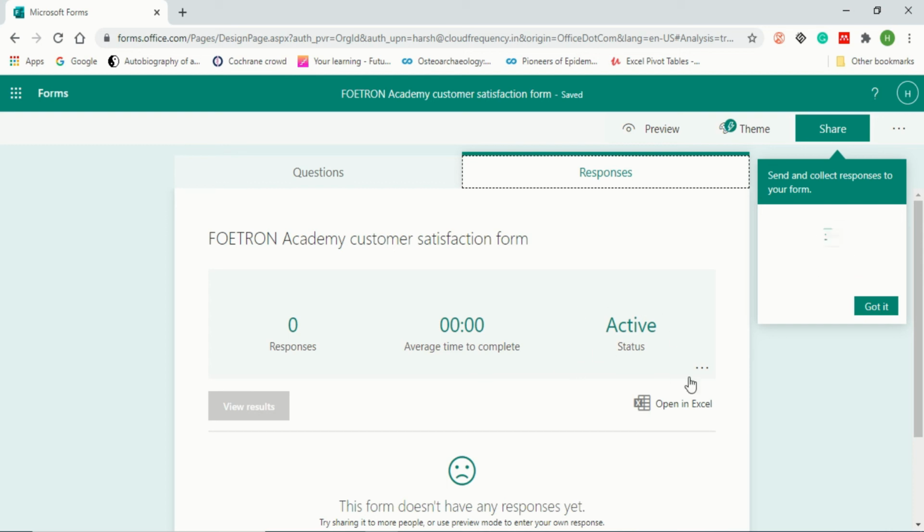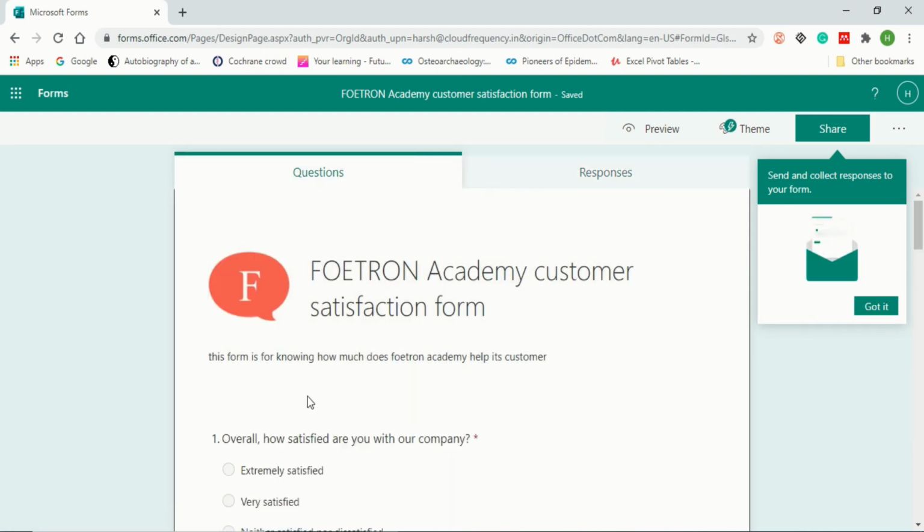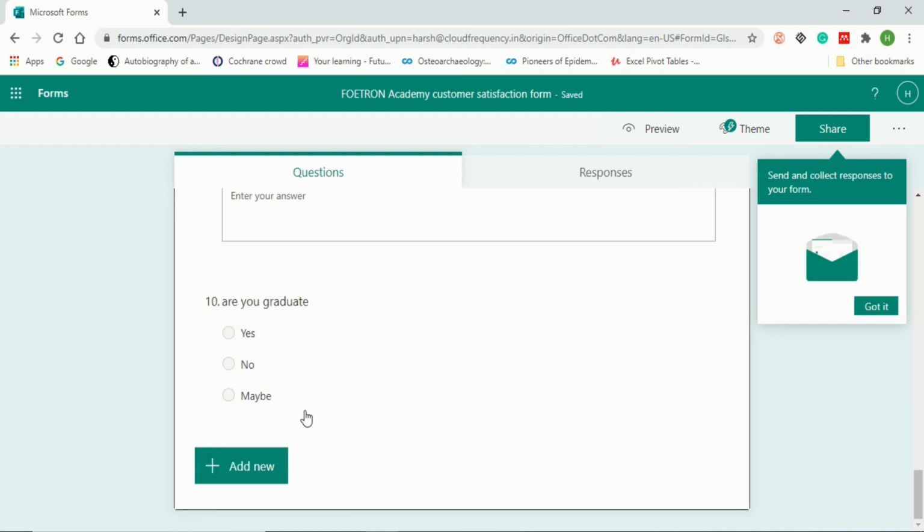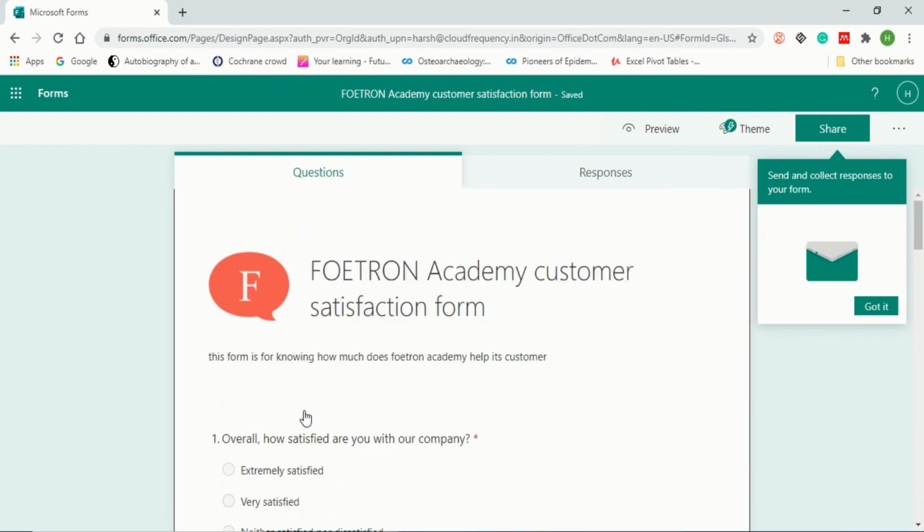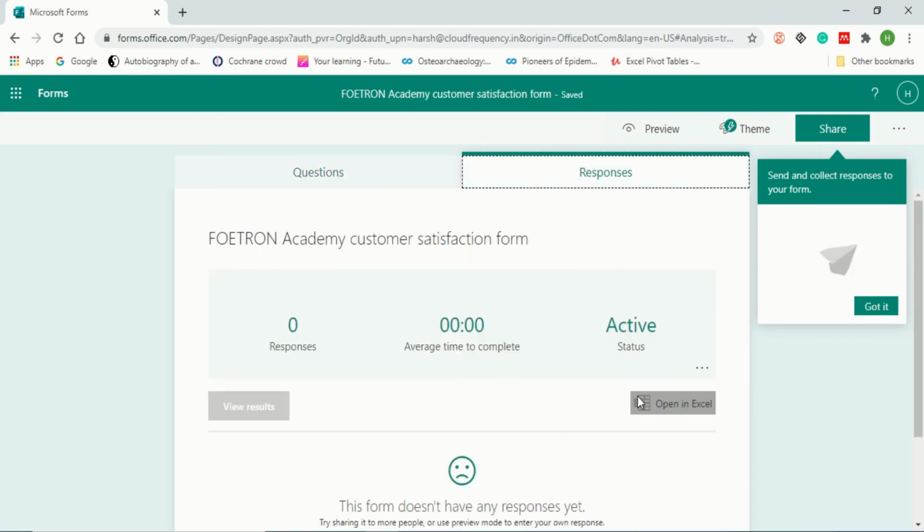Now you will see the status is active. If I click here, you will see delete all responses, print summary, or create a summary link. So you can do that, or you can click on open in Excel. So this is an option that gives you whatever the person has filled. Like this is the 9 point question, 9 point form. So if the person filled 9 points, that will be converted into an Excel, and the answer will be already submitted into Excel. You do not have to create an Excel. Everything is done by the Microsoft form itself, and everything will be converted in Excel. So this is how you use it.